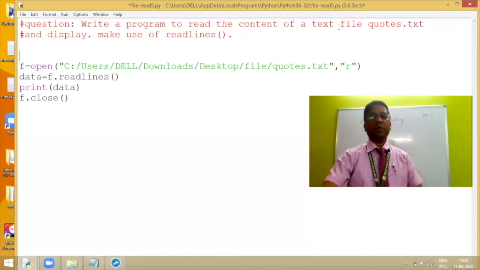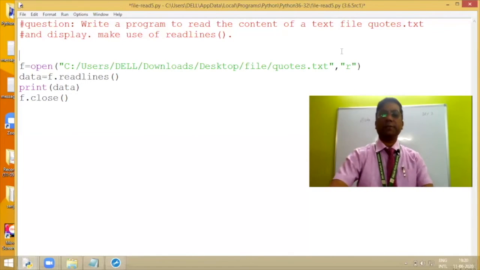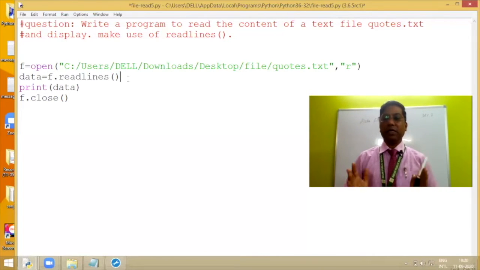So again, I'm opening the file codes.txt in the read mode here. Now f.readlines. This time not line, it is lines. And this will read the entire content of the file and put it into a list.